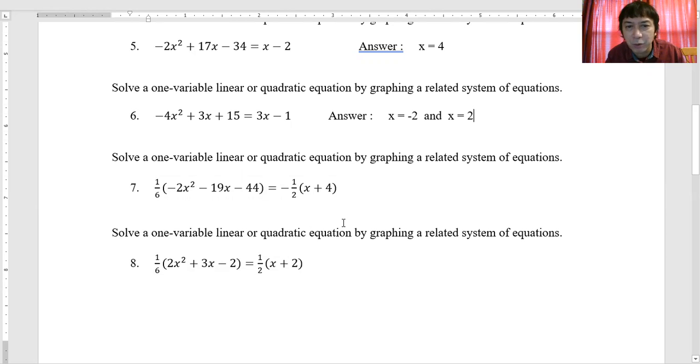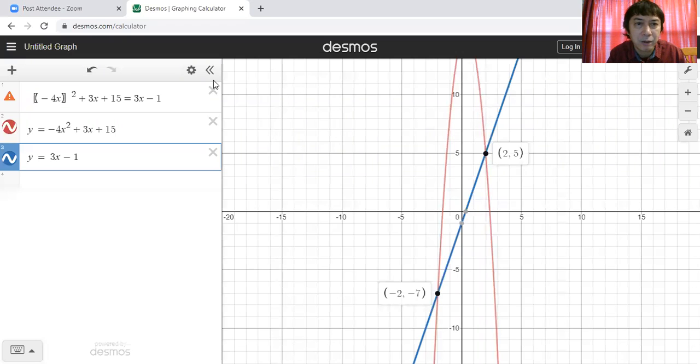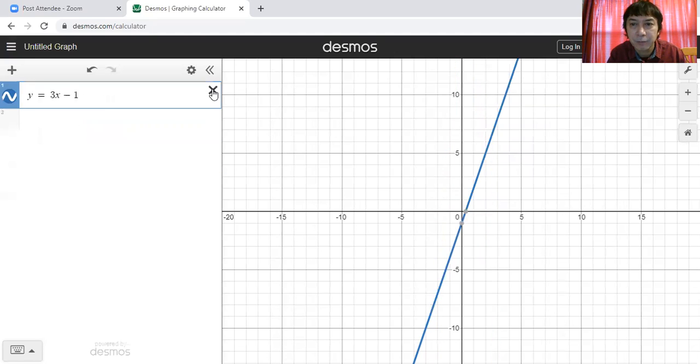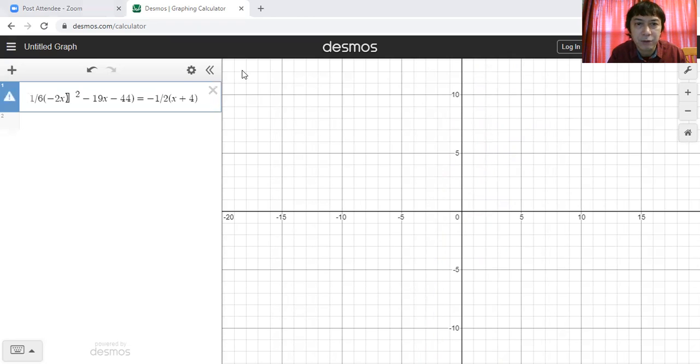Solve a one variable linear or quadratic equation by graphing a related system of equations. So here's the given problem for number 7. 1 over 6 times the quantity negative 2x squared minus 19x minus 44 is equal to negative 1/2 times the quantity x plus 4. So all you need to do is copy this and then use the Desmos graphing calculator. You can go back there and remove the previous problem. Now paste your current equation there, and then also on the screen,